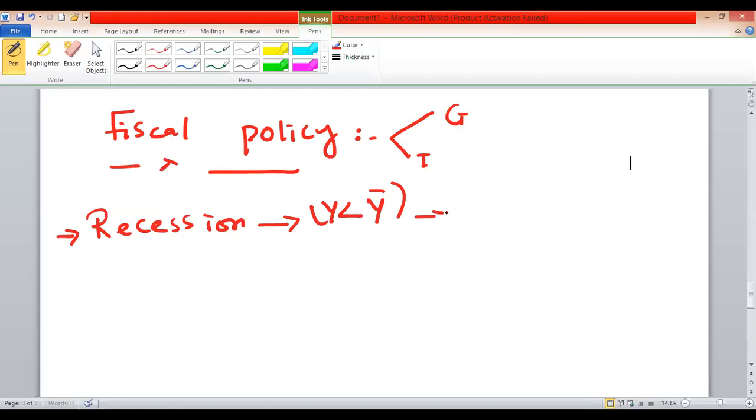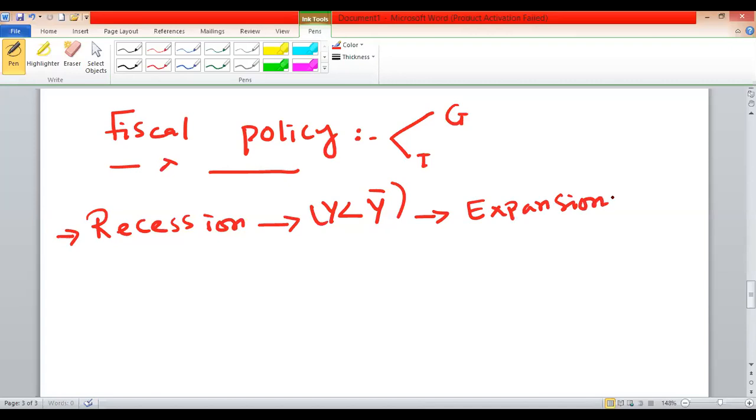So in recession, aggregate demand falls, and output is less than its potential value, because the economy is operating at its lower potential and unemployment has increased. To control that output loss and unemployment, what can the government do? The government can expand the economy by applying